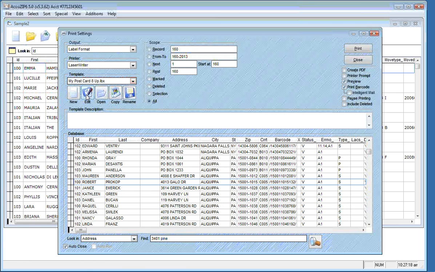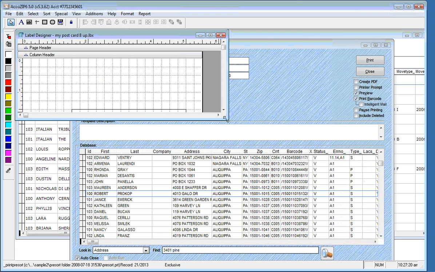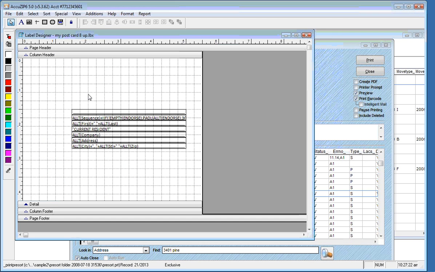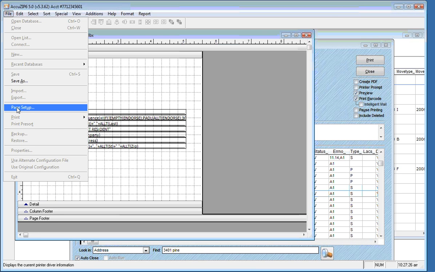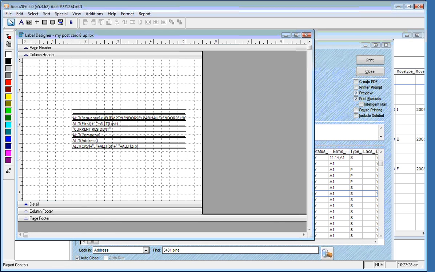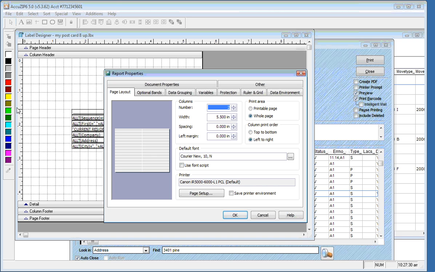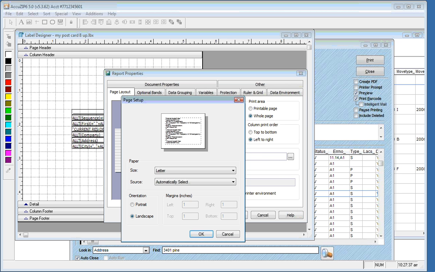And then I'm going to edit this template. The only adjustment I'm going to make is to the paper size and the paper orientation. So I'm going to Page Setup. Remember, I took the exact same template. We've made a copy of it, so we're limiting the amount of work we need to do. I'm going right to Page Setup, and instead of letter size, I'm printing to 11 by 17,